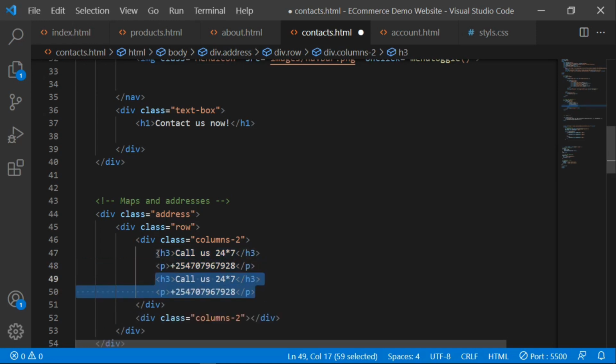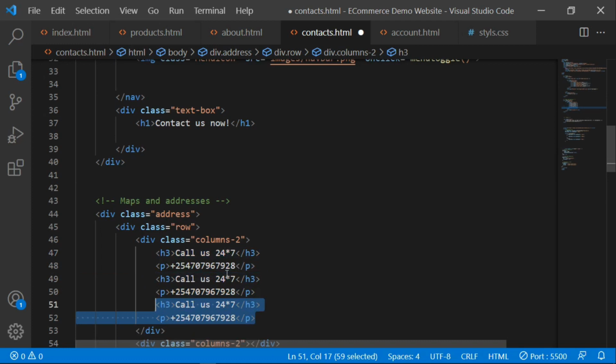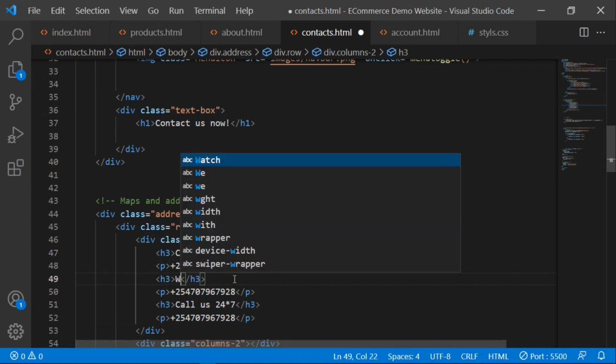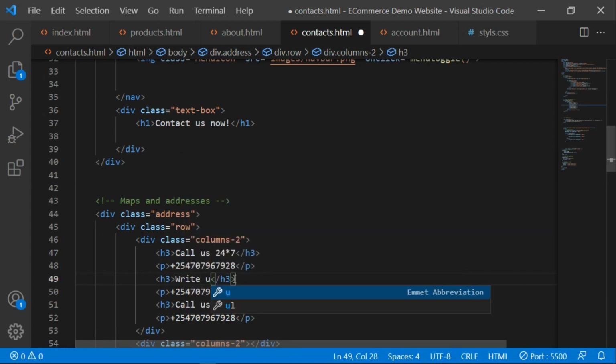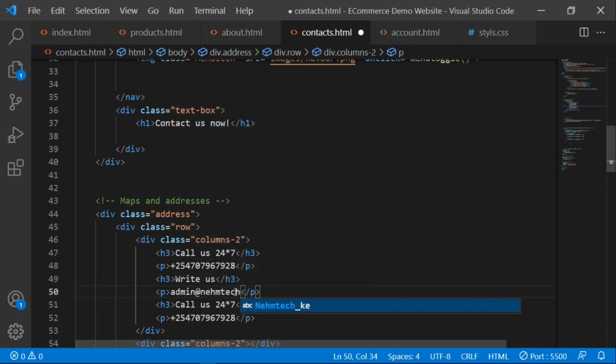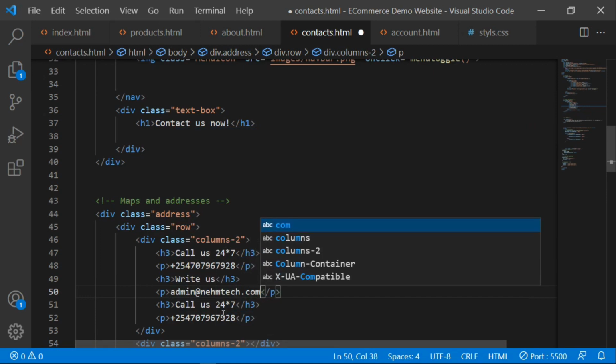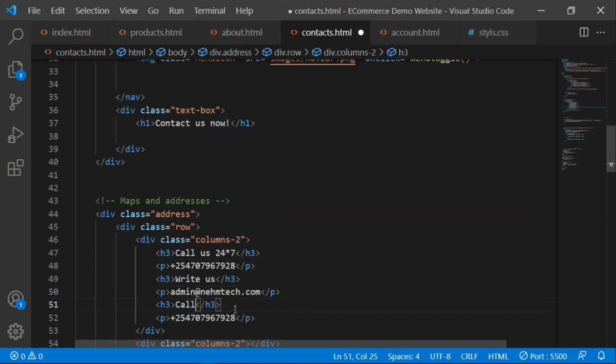shift alt and then arrow key pointing downward, and then here I'm going to change it to writers, and then I'm going to add my email. So my email is admin at nametech.com, and also here I'm going to change to, let me say, main office. Now the location address, main office,